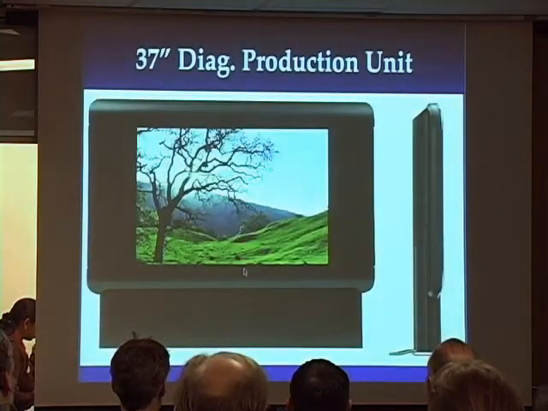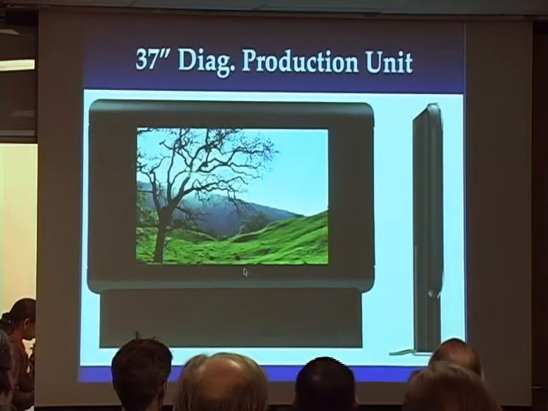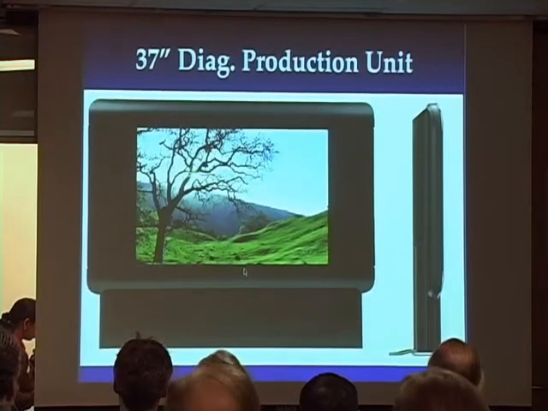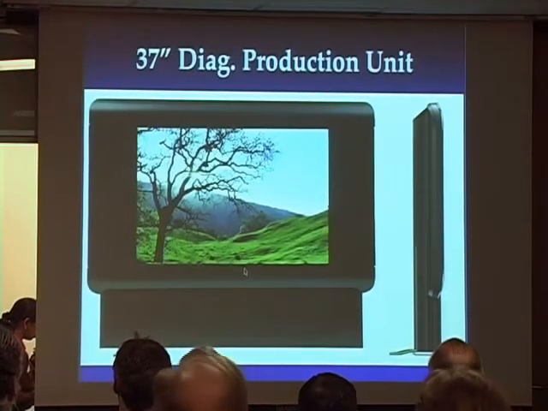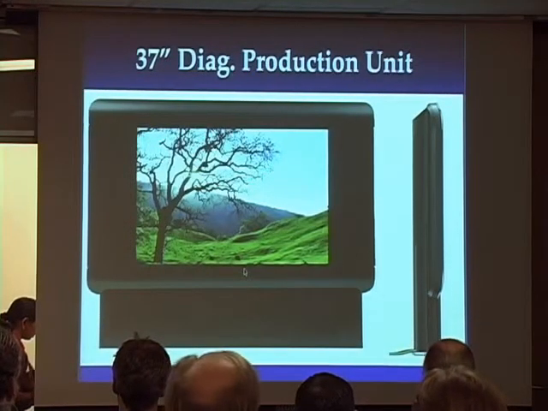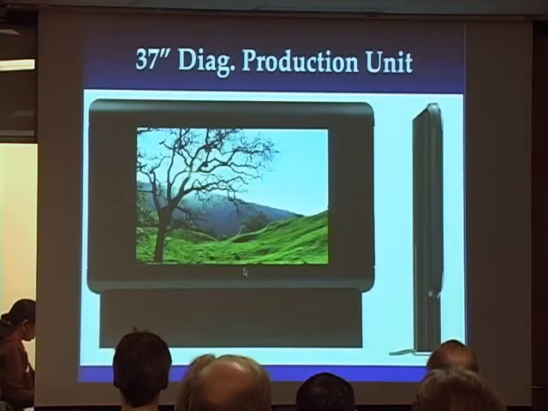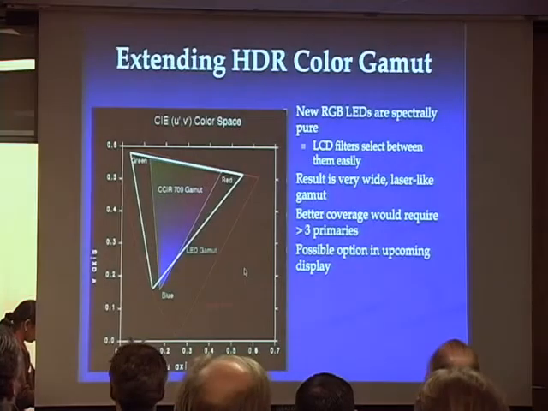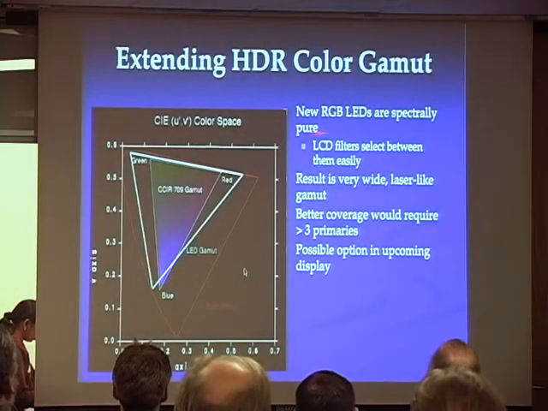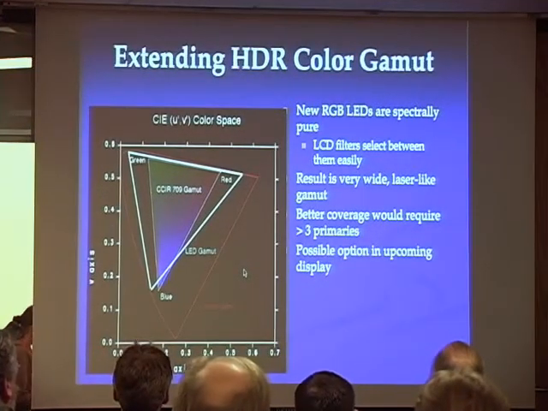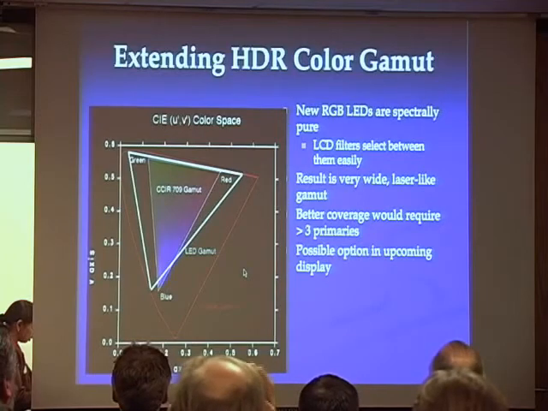So this is what they were calling the production unit looked like, and they produced a couple dozen of these, but they were never really... They were more like beta units. Still look nice though. The other advantage of using LEDs is that you can replace the white LEDs with RGB